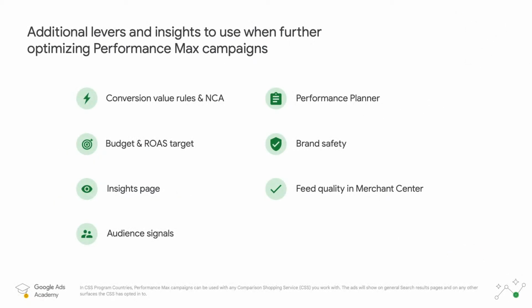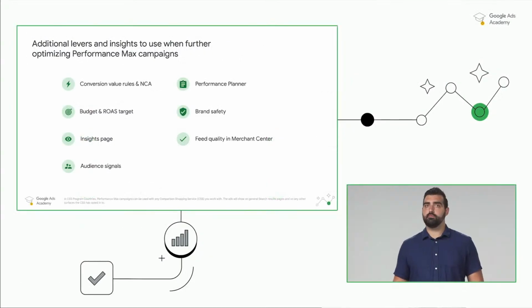Keep in mind that PMax already does bidding, network placement, ad creation, and audience automation. It also achieves your goals with real-time optimization. But there are several levers we can pull when optimizing Performance Max campaigns. Namely, you can use conversion value rules and NCA to give automation more data on what really matters to your